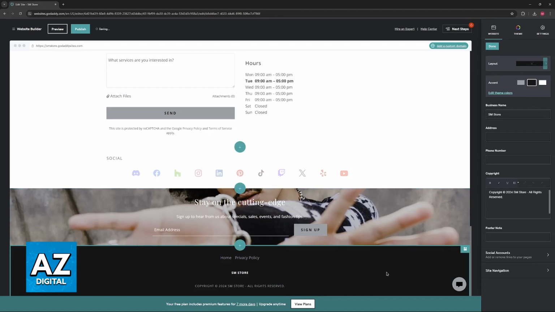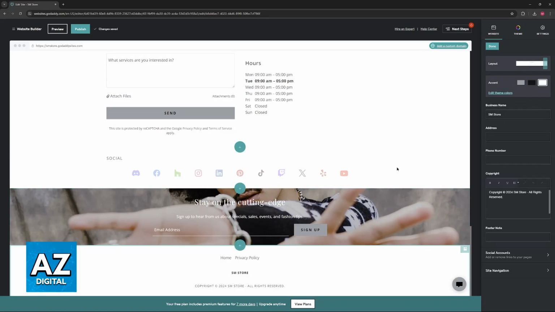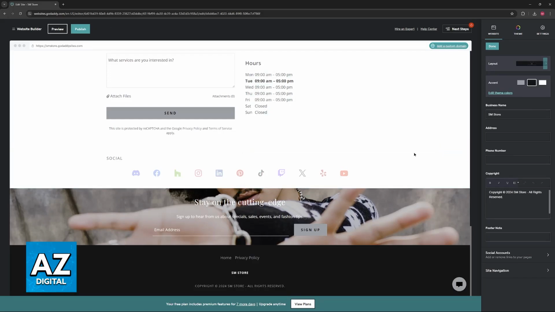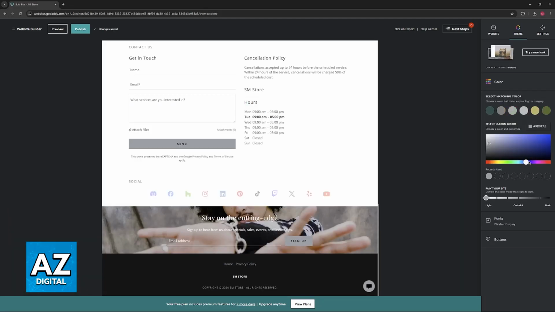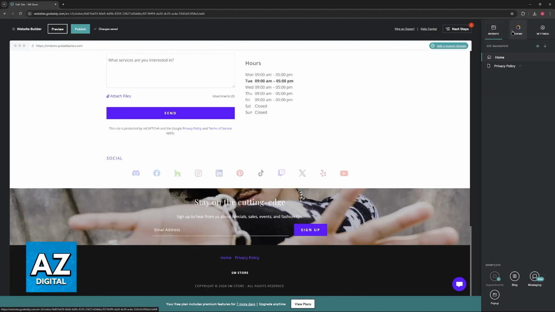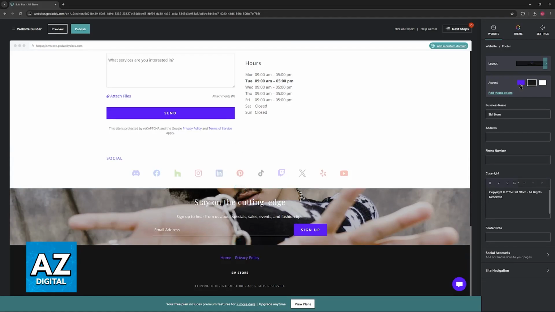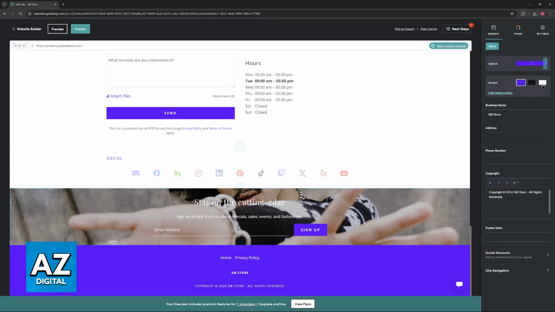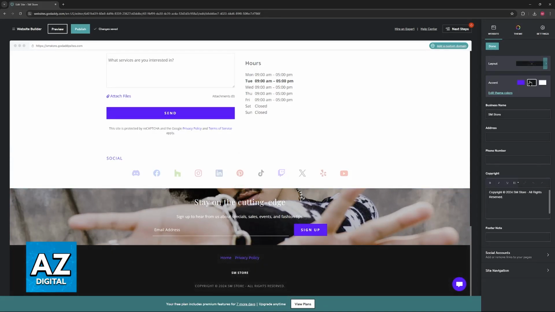Now, once you have the layout set, the next thing that you should look into is the accent. So you can make it darker or lighter according to the appearance of the entirety of your page. It can be nice to have some contrast between the footer and the entirety of the page, but this is entirely up to you. It is very personal, and you should take your time and carefully browse through all of the theme options that you have. For this video, I'm only going to show how it looks here, and I'm gonna leave it as is. But like I said, you can take your time and change all the layout as needed.